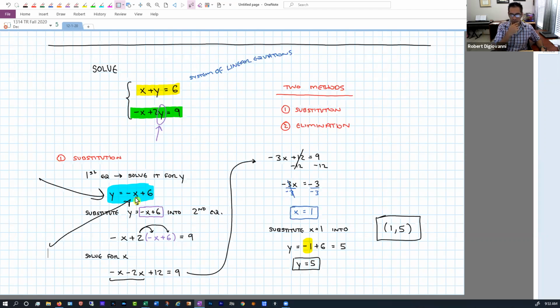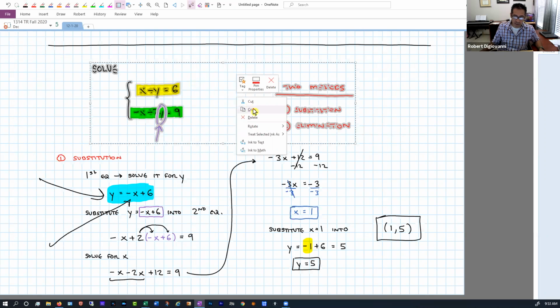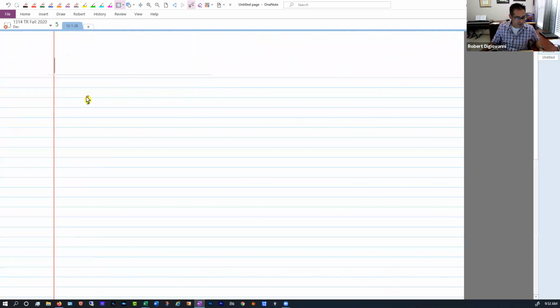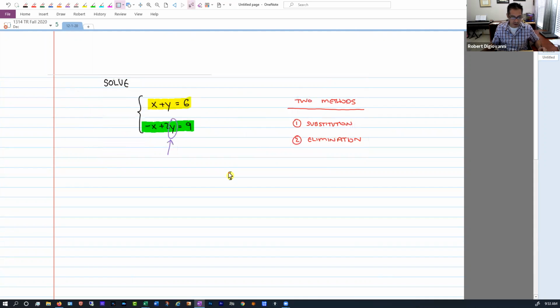Now, let's do the same problem with elimination. All right, that's the other method. And it's a completely different method. So you really have to make a choice, like which one do you want to do? And I always tell my students, like, don't get married to either one of these, right? Like, don't commit yourself to one over the other. Always be open to both. Okay, so here's how elimination works. Okay, so with elimination,